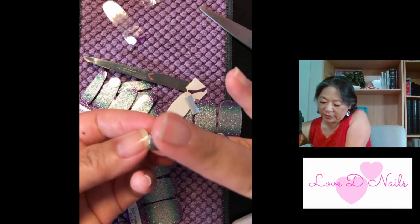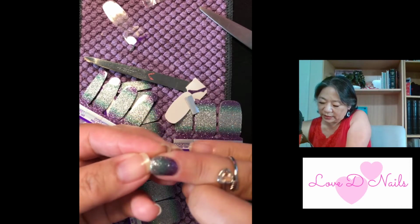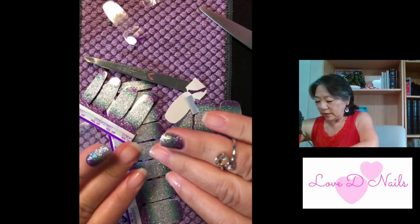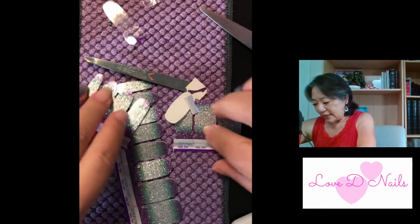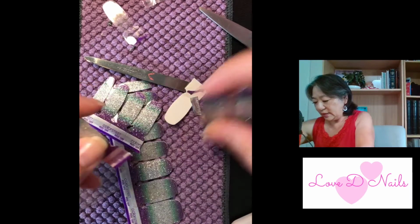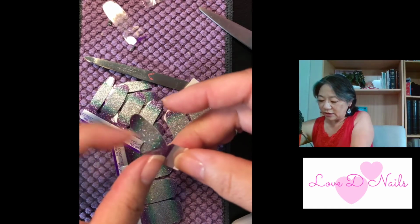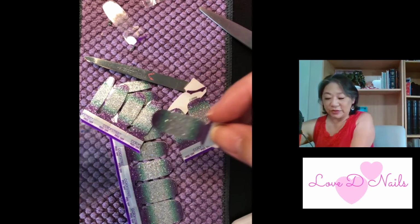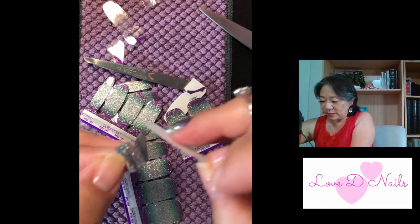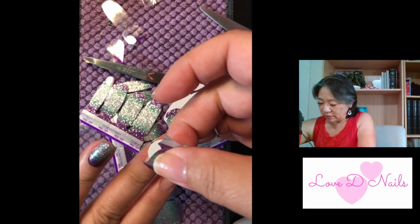And again, using my thumbnail, going under my ring finger and perforating it off. Perfect. All right, 2 done. Then I'm going to take this one and go over my middle finger. Again, take off that purple tab with the clear protective coating, and then we're going to take off our Color Street 95% dry, and we're going to line that up with my cuticle,